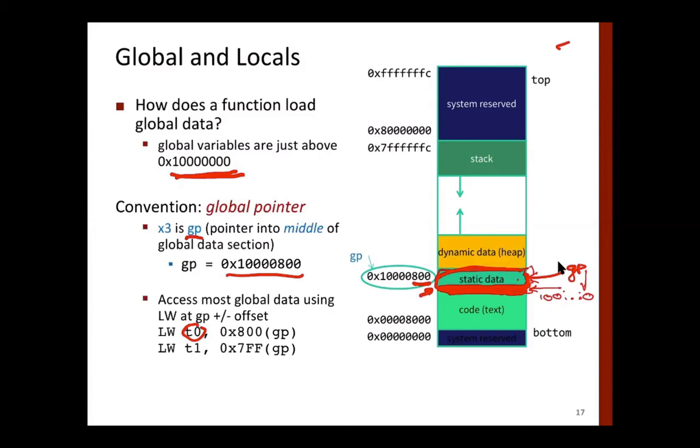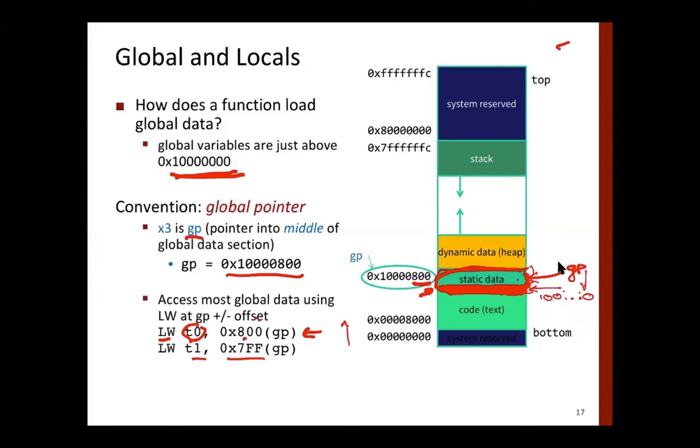So we'll say load word T0, and then the global pointer which points to the middle, and the offset is 800. So to this one you add the displacement, and in this case we are reducing it because addresses are going this way. Then we will come to the address of the first data item, and then we have to get the second data item T1. Then you just use a displacement which is 4 bytes less than the previous one, right? So it will be this one.